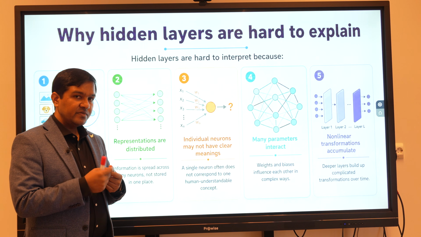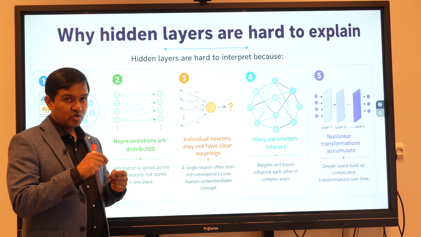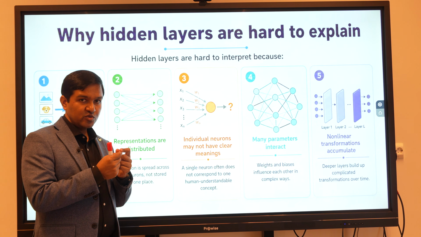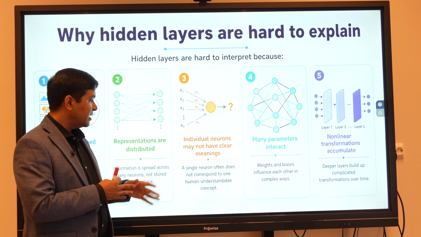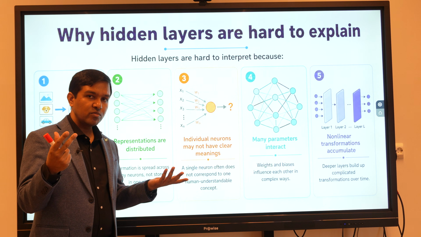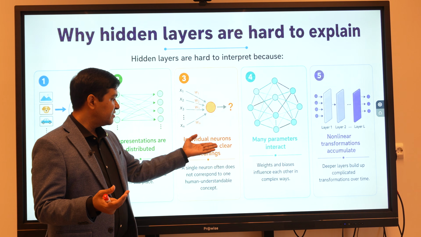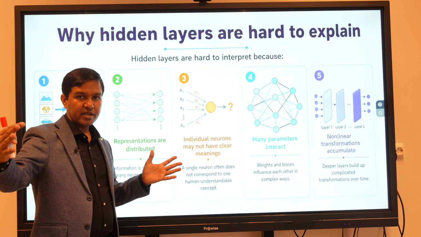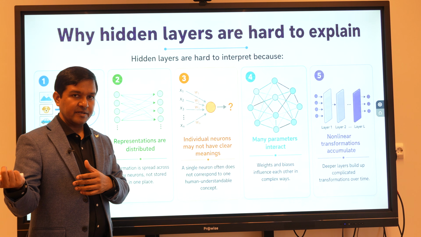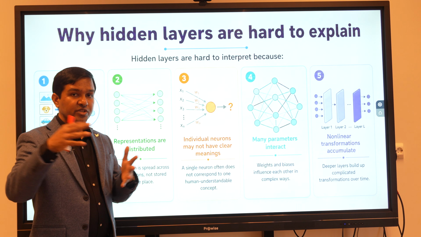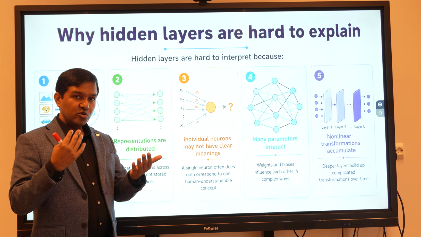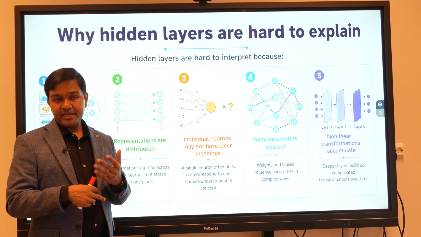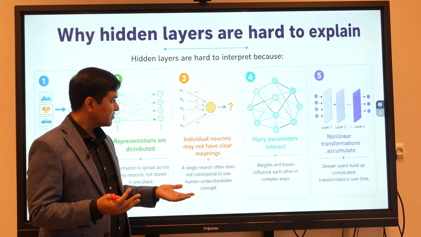Then, initially we were doing decision making from rules, like if yes then no. But here each individual neuron in a deep neural network does not have the whole meaning. Individual neurons may not have clear meaning. If you combine multiple neurons and all the layers together, they will mean something. But how they are together meaning something varies from input to input, and it is not easily comprehensible.